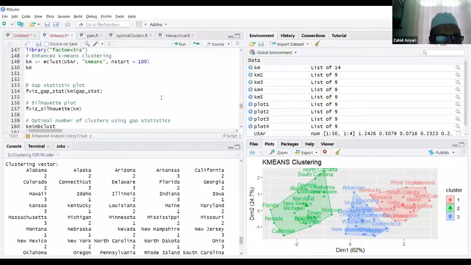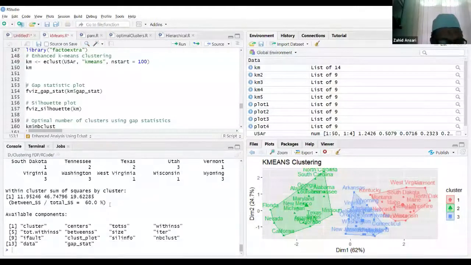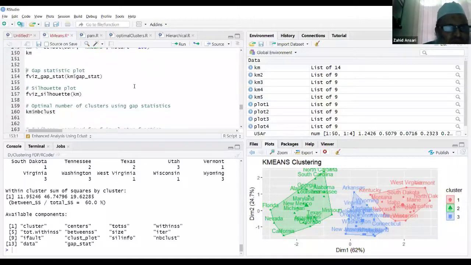Then the within cluster sum of squares is also seen, for each cluster, right? And then between cluster divided by the total gives some more statistics. So many components are there: centers, cluster, total SS, within SS, and all those things we can see. Okay, so now we'll proceed.